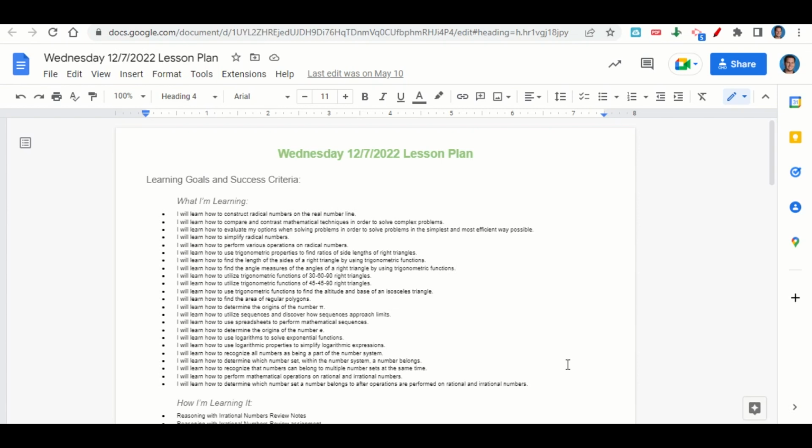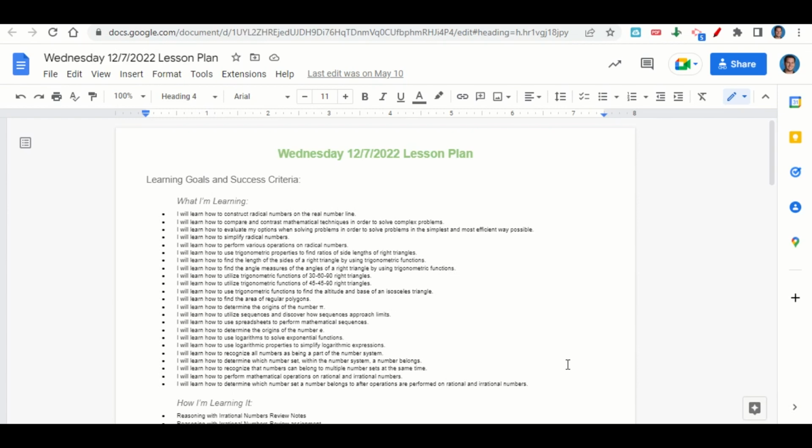measures of a right triangle by using trigonometric functions, to utilize trigonometric functions of 30, 60, 90 right triangles, to utilize trigonometric functions of 45, 45, 90 right triangles, to use trigonometric functions to find the altitude and base of an isosceles triangle, to find the area of regular polygons, to determine the origins of the number pi, to utilize